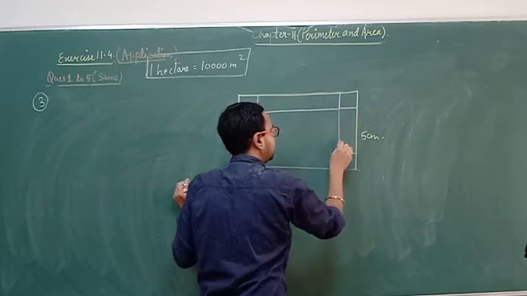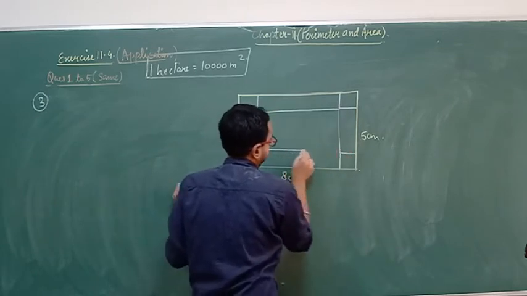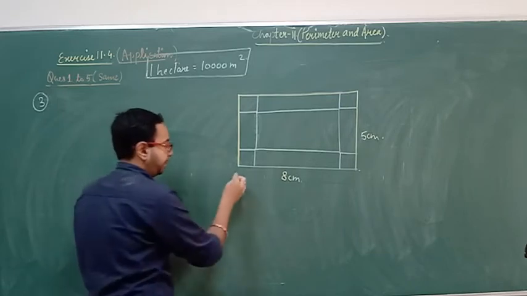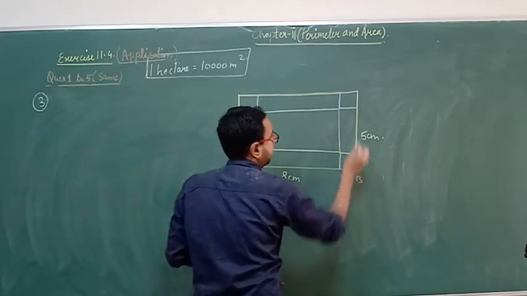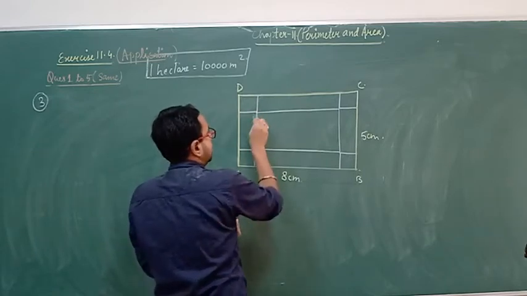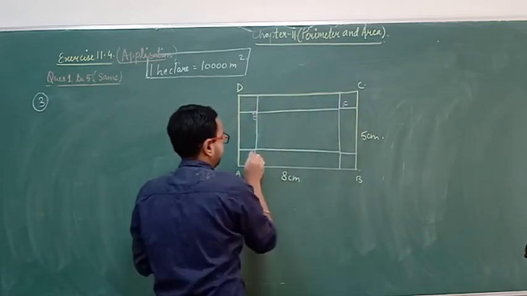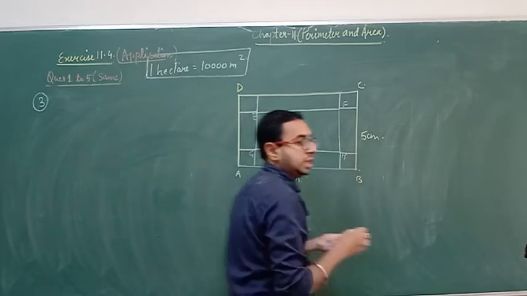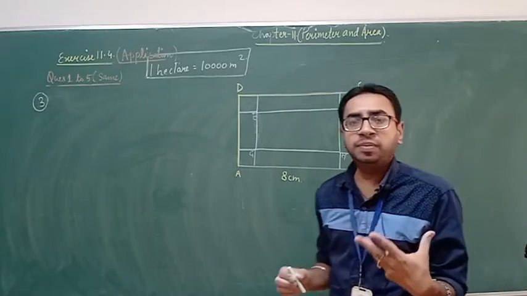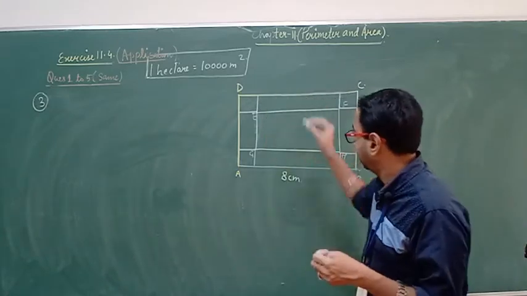We got another rectangle here. So let's name it A, B, C, D. And this is E, F, G, H. It's something like we paint something. That is the point. So